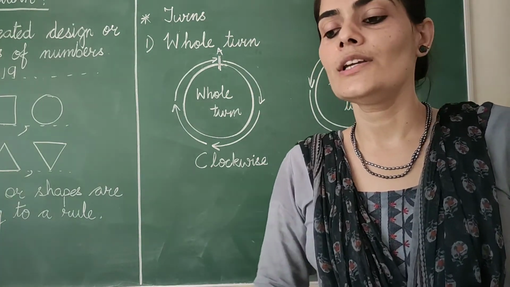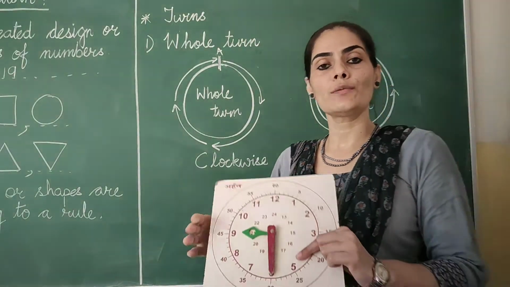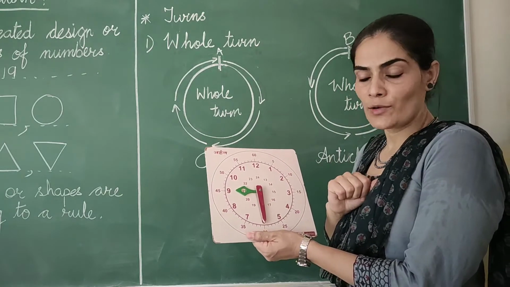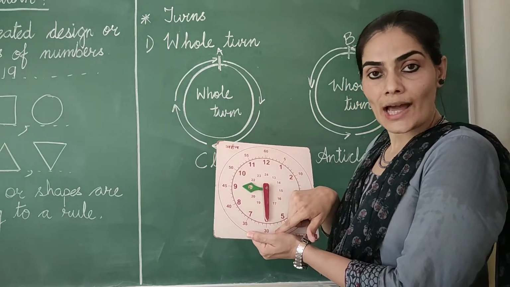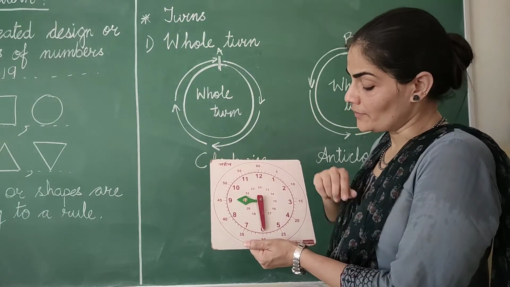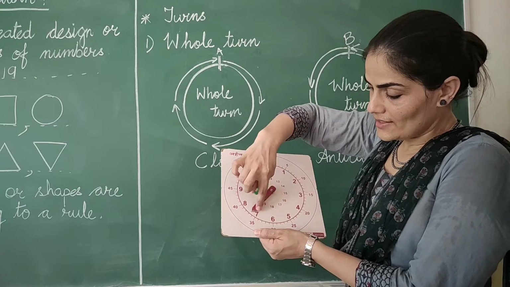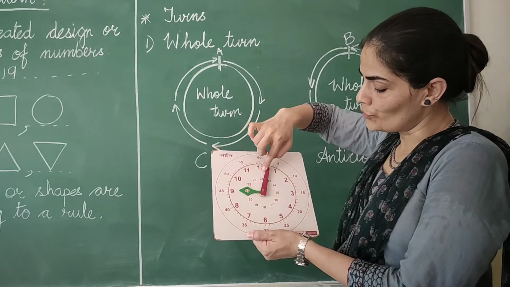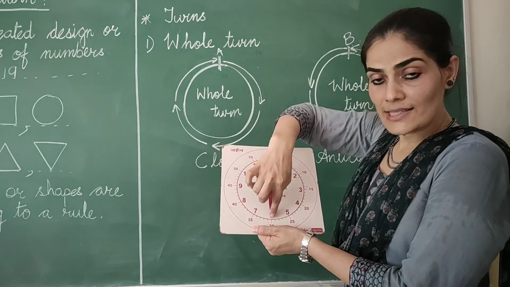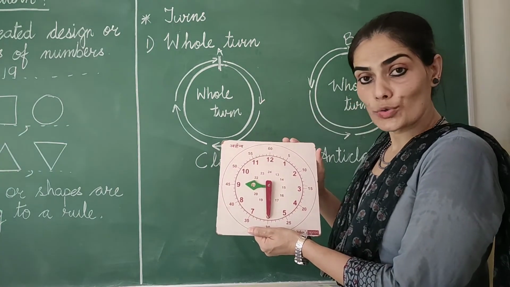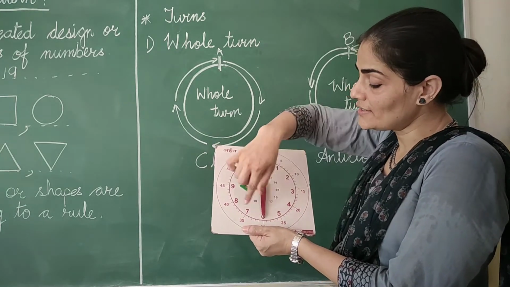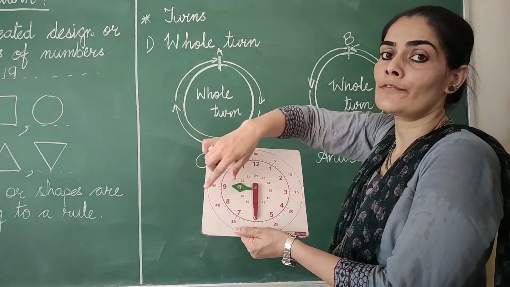Have you understood? Shall I tell you with the help of the model of this clock? Now just observe, where is this minute hand pointing? It is pointing in the downward direction, or we can say it is pointing at 6. Fine. And it moves like this as the hands of a clock move and comes back to the same position, and it is again pointing downwards. Then what do we say? That this minute hand of the clock has completed one whole turn or one full turn